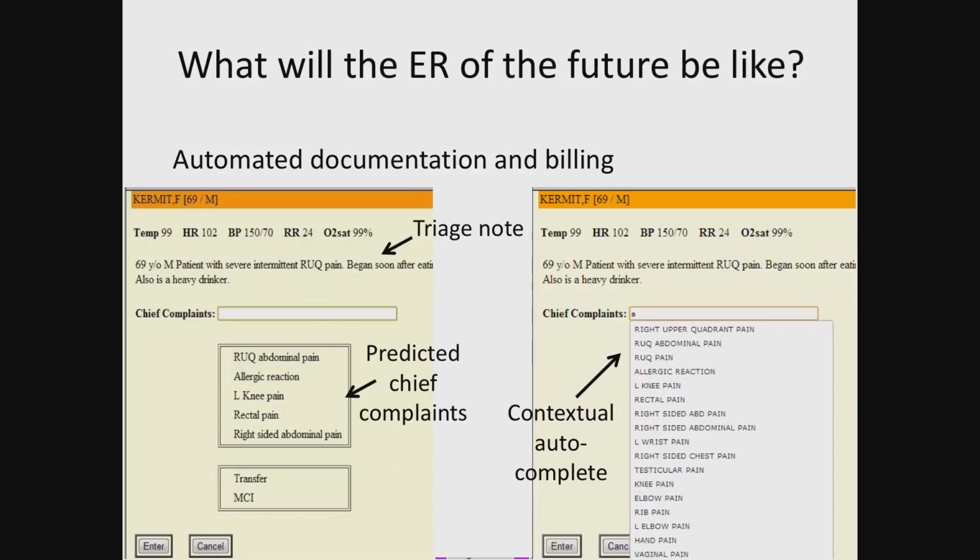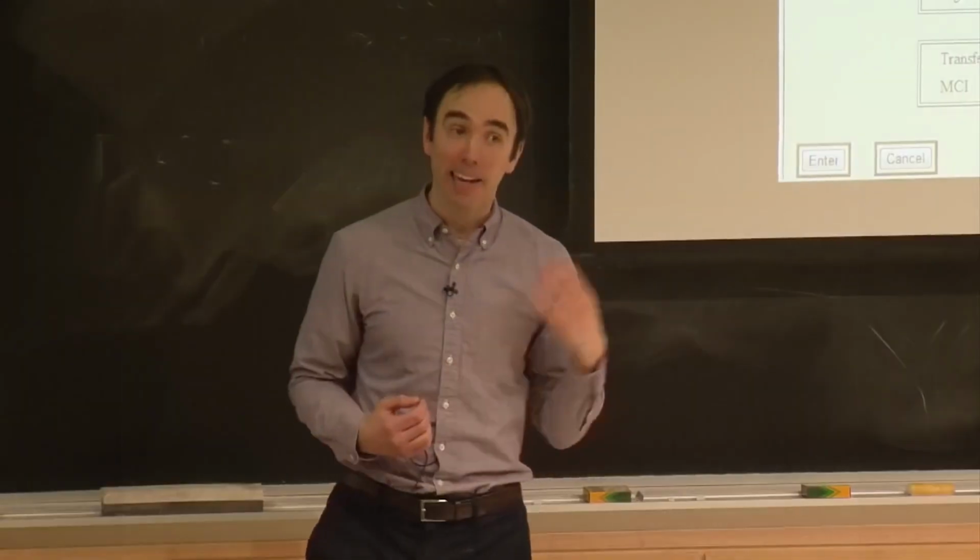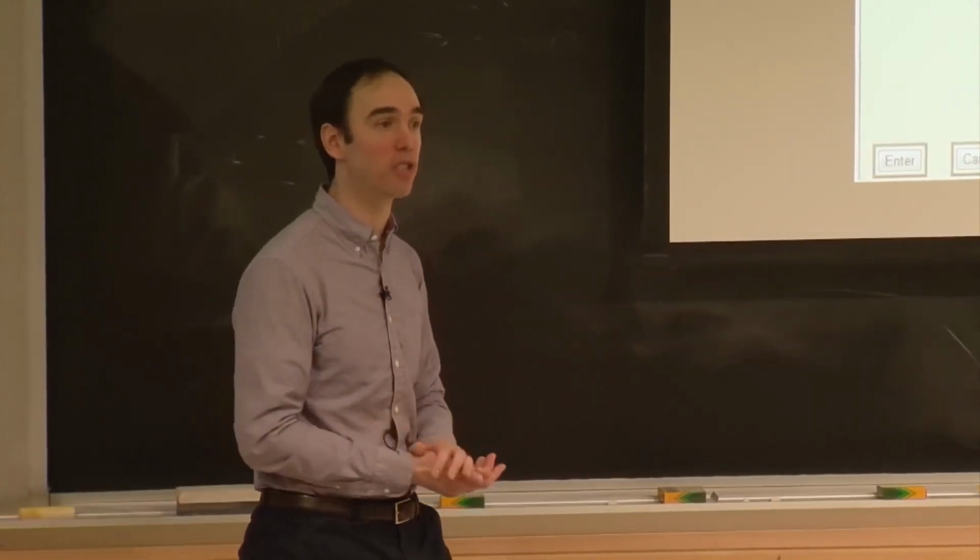We also allow the nurse to type in part of a chief complaint, but rather than just doing text matching to find words that match what's being typed in, we do a contextual autocomplete. So we use our predictions to prioritize the most likely chief complaint that contains that sequence of characters. And in that way, it's way faster to enter the relevant information. And what we found is that over time, we got much higher quality data out. Again, this is something we'll be talking about in one of our lectures in this course.